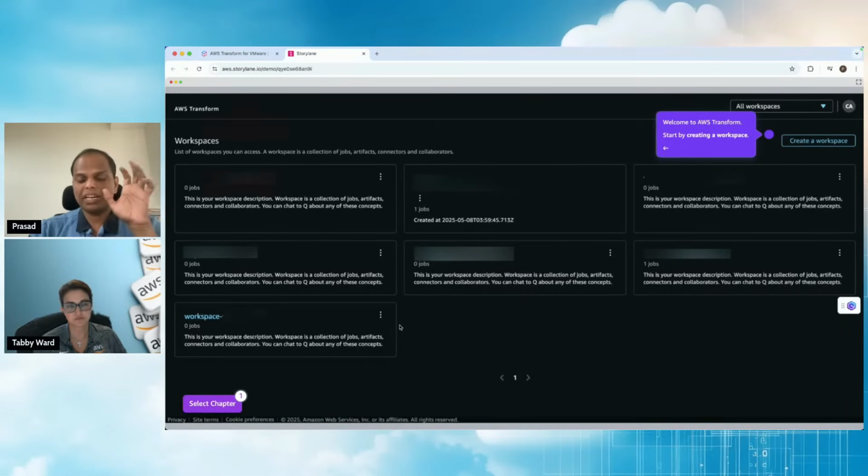You can go to the AWS console and explore AWS Transform from the management console, and you'll be able to access it. There are a few steps that you need to do, like create a user with Identity Center. And again, we'll send you the links for you to set it up. But once you log in, this is not the AWS Management Console. This is a separate console altogether, which is AWS Transform. And first, you'll be able to create a workspace where you can do the migration or modernization, right?